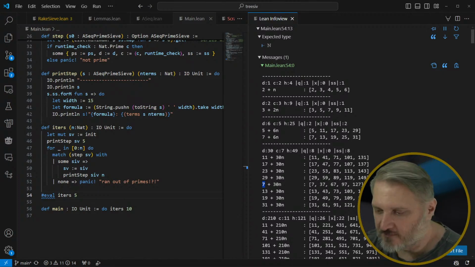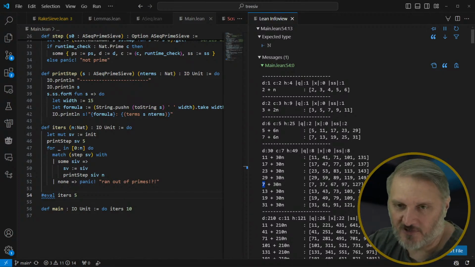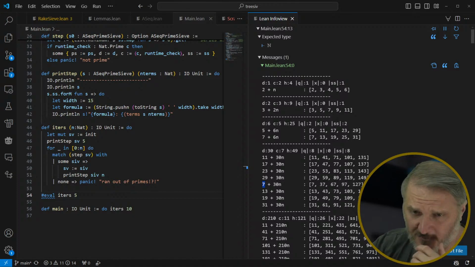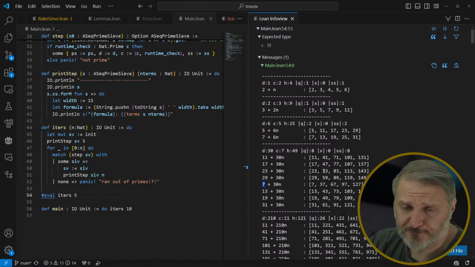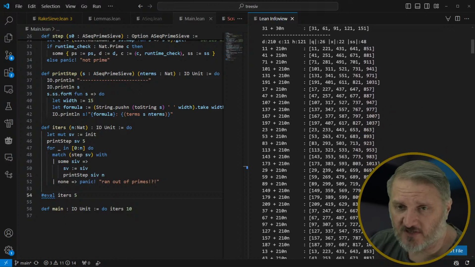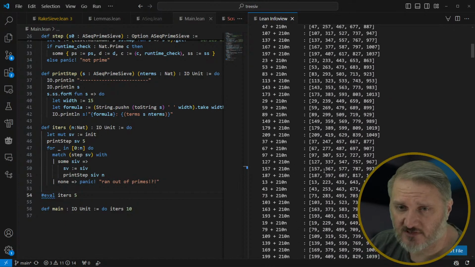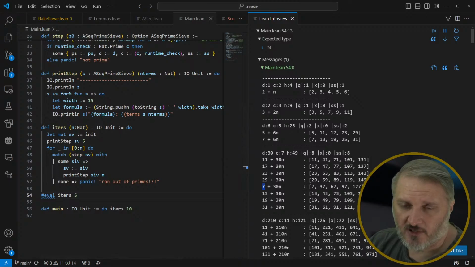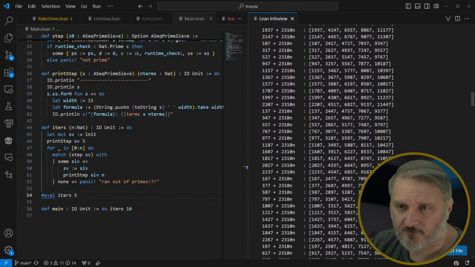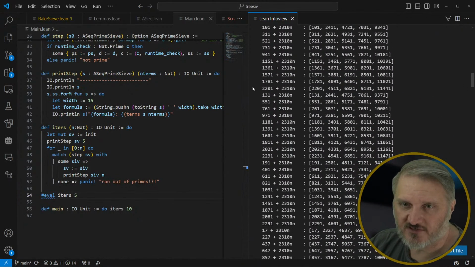I just wanted to prove that it was true. It was just an arbitrary exercise. A friend of mine was showing how to do this, so I picked that as an exercise to prove in Lean for this video series. Anyway, you keep going, and it generates all the primes, and you can see that the reason it's inefficient is